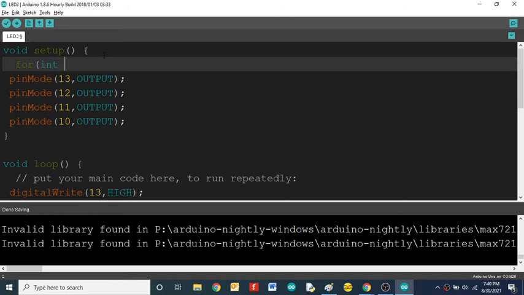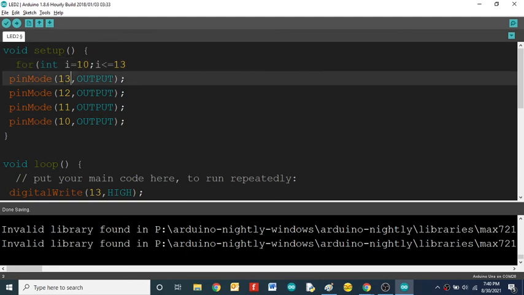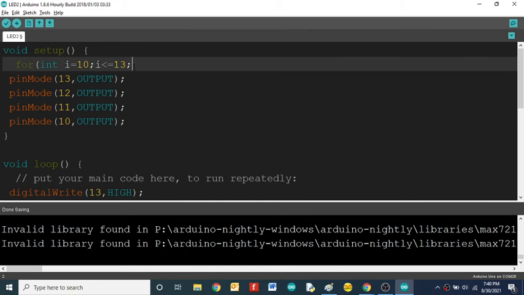So I will use int i. I have started with the number 10, right? So 10, 11, 12, 13. So I will initialize i with 10, and I will go up to less than or equal to 13, because the maximum number is 13 and the minimum number is 10. Each and every time I will increment it, because i goes on increasing up to 13.